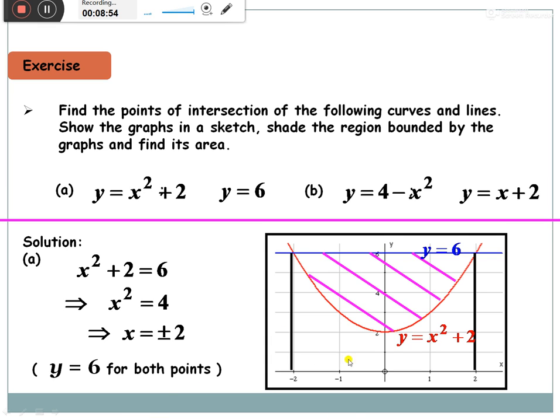And here you have to see y is equal to 6. This line is parallel to x-axis, and this parabola y is equal to x square plus 2. अब ये parabola क्यों है? अब क्योंकि वर्टेक्स तो रीजन नहीं है, तो ये जो कर्व है हमारे पास, इस 2 को अगर हम इधर शिफ्ट कर दें, it becomes y minus 2. और हमने 11th क्लास में किया था शिफ्टिंग द ओरिजन. y minus 2 को कैपिटल Y लेट कर लीजिए, कैपिटल Y इज इक्वल टू x square. ठीक है, तो ये हमारे पास अपवर्ड पैराबोला है.